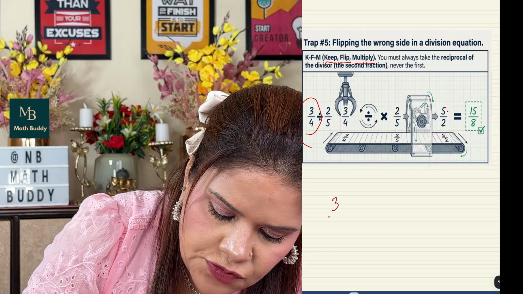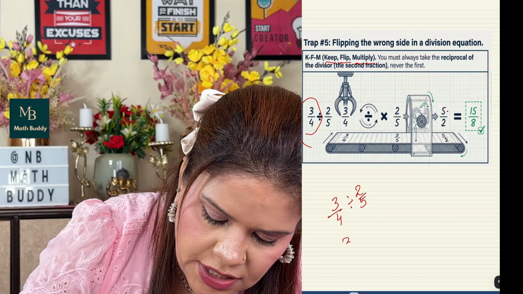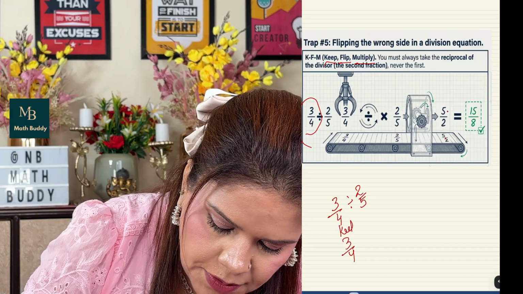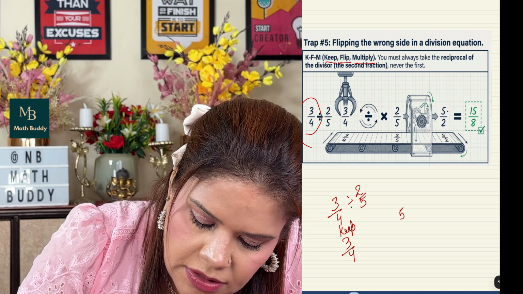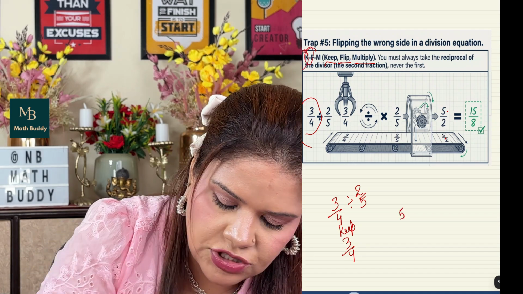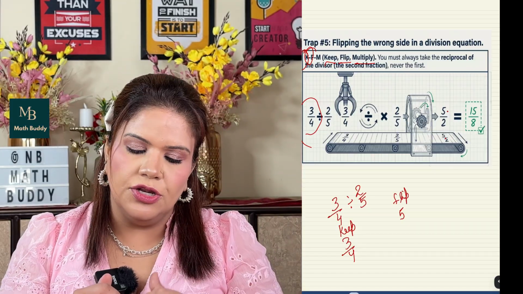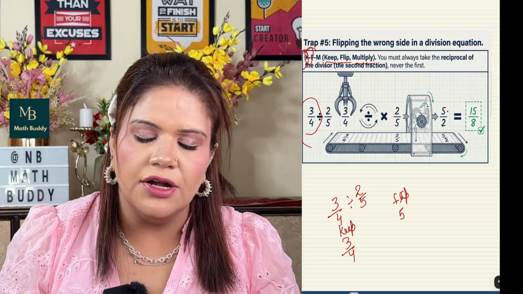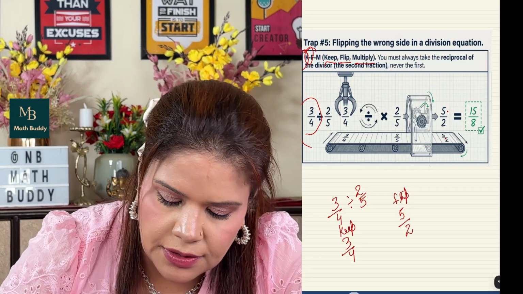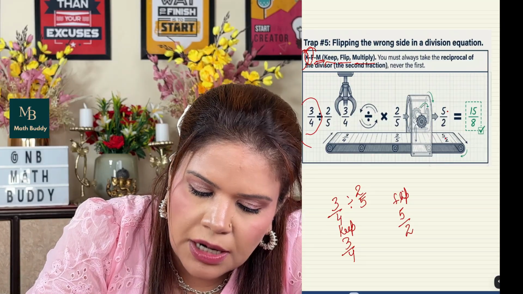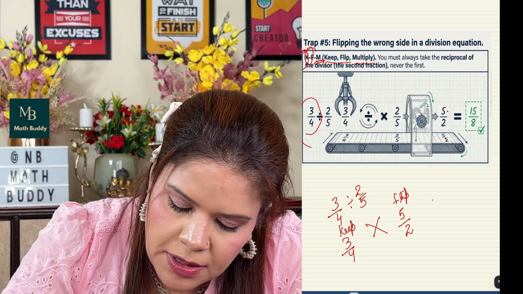You will keep the first fraction. If I am dividing these two, you will keep the first fraction as it is. Here comes the keep. And then flip. These two words are about fractions only. So flip is for the second fraction. Flip means you write the numerator as denominator and the denominator as numerator. So flipping, 5 will become the numerator, 2 will become the denominator. And then M means multiply. That comes for the operation. Now this will give me the answer.